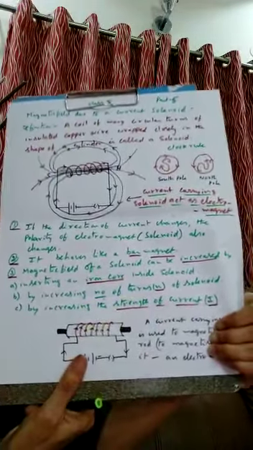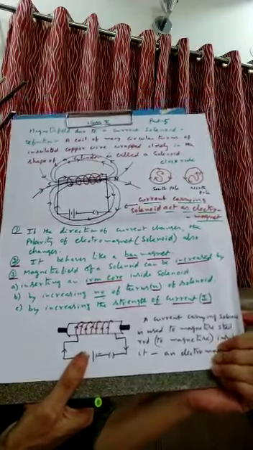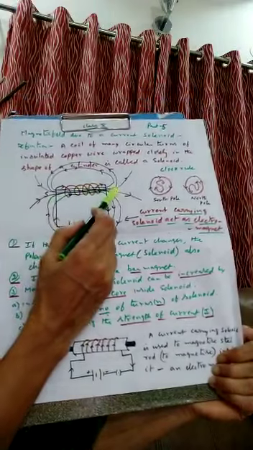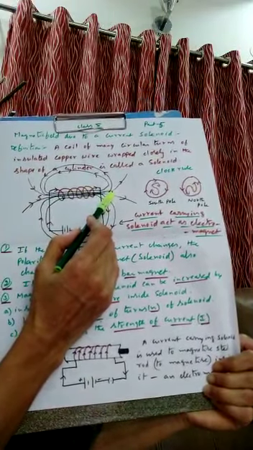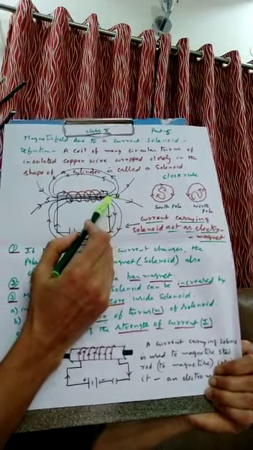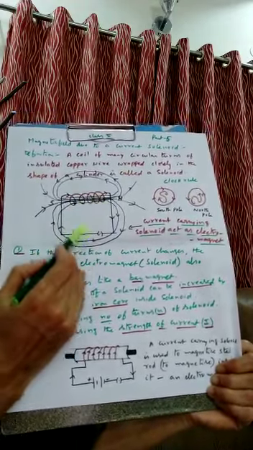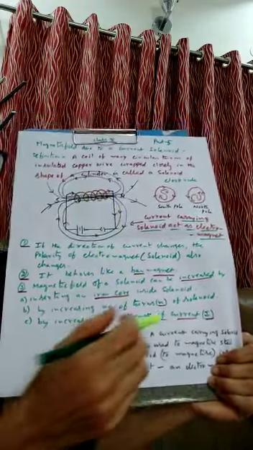So how many factors? 3 factors. What are they? Number 1, insert a magnetic material in the form of a rod, iron for example, then it will increase. Number of turns increase, then current flowing through the solenoid also will increase here.